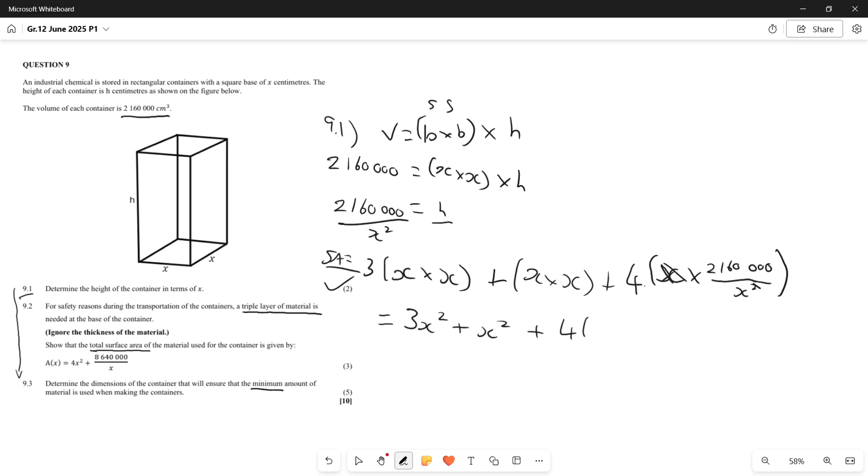So let me just simplify this first. So we have 2,160,000 over x. Okay. And then we can simplify these two guys. 3x squared plus x squared is 4x squared. Nice. We have this part over here. And then 4 times